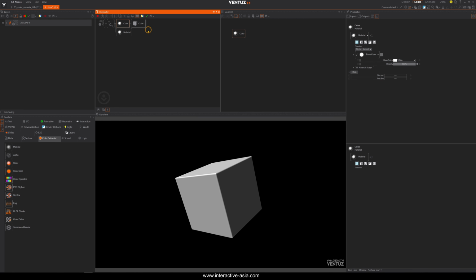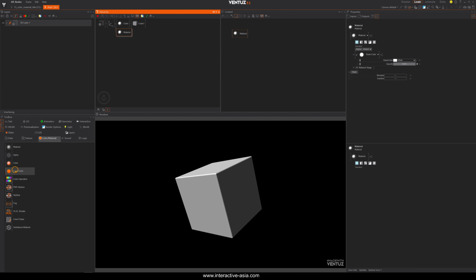And as you can see, if I select my color node, we have exactly the same settings as if I select my material node. Yes, you may say, hey, it's not exactly the same, but if I open up that base color, then it's exactly the same. So if I switch now between the color and the material node, you can see it's basically exactly the same node. So what Ventuz is basically doing is they pre-configured this node for us users, so that we simply have a